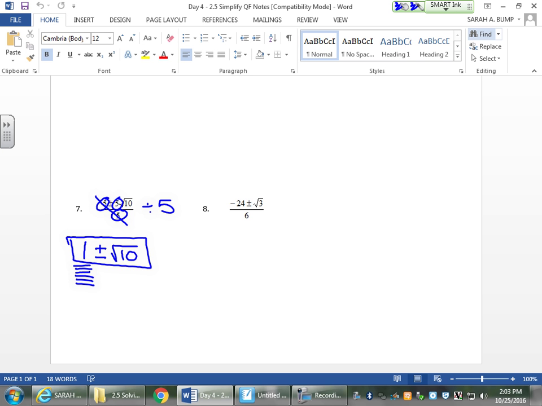And the last one, the 3 radical is already simplified. You're probably going to want to do 24 divided by 6, which you can't do because if I look in front of this radical, it has a coefficient of 1, and there is nothing that goes into 24, 1, and 6. Therefore, you cannot simplify this. Even though I know you're going to want to do the 24 divided by 6, because 6 does not go into 1, you can't do it unless you really wanted just to divide them separately, in which case you would split the problem up